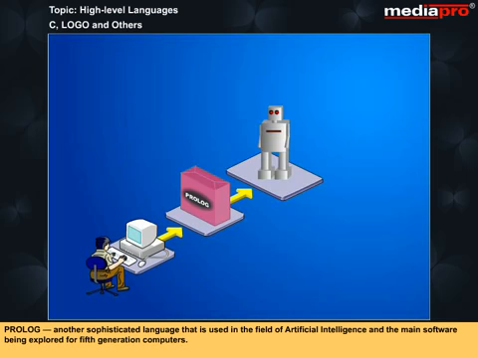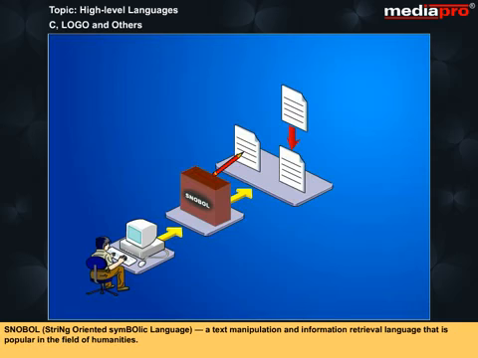Prolog, another sophisticated language that is used in the field of artificial intelligence and the main software being explored for fifth-generation computers. Snowball, or string-oriented symbolic language, a text manipulation and information retrieval language that is popular in